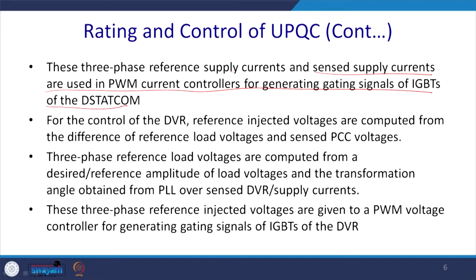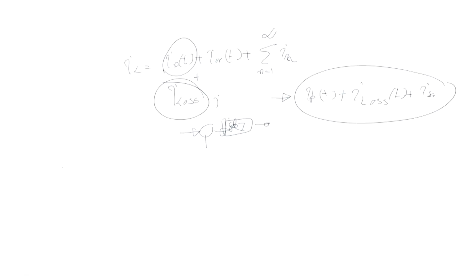So, what happened? Let us go back, how does it work? So, you have IL minus IP star, and this is IP star. So, ultimately you got IF of t. So, you have this reference current.